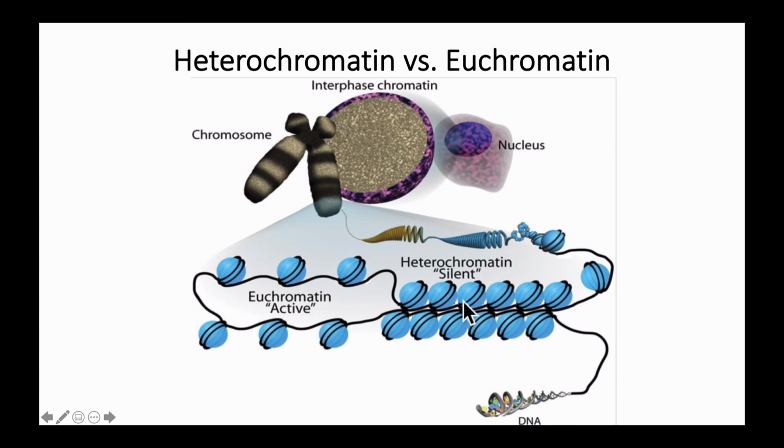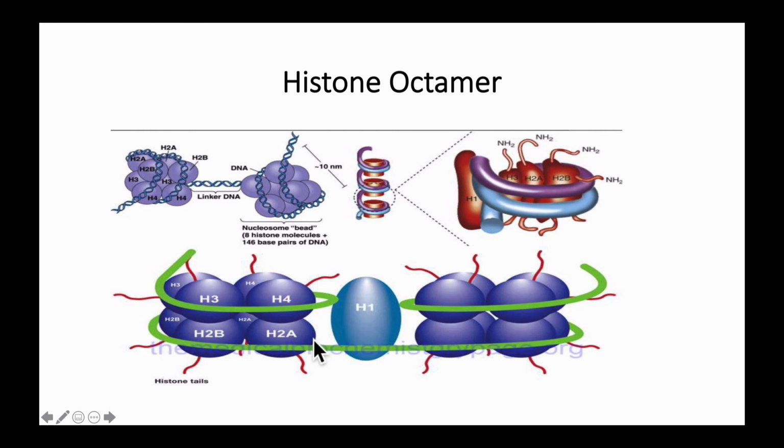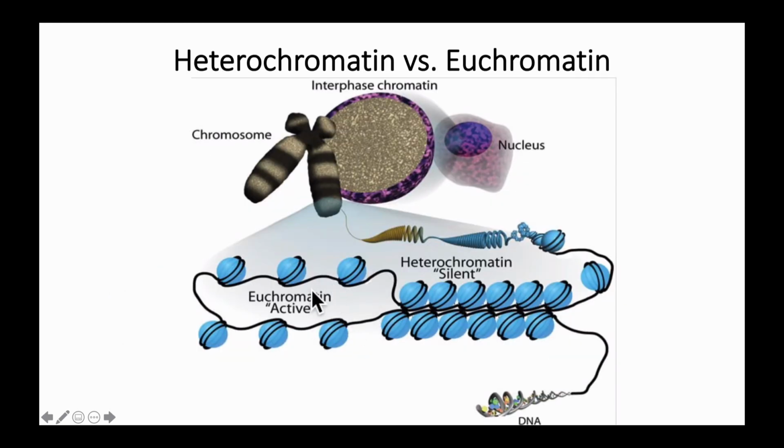Heterochromatin information is not coding for anything, so it's silenced, whereas euchromatin is active. Transcription can take place over here. One other thing that I want to show is that in euchromatin, notice that you have these two loops. However, this is still condensed. Now, in order to work on this area of the DNA, it's going to be very difficult if it's tightly bound. So you need to be able to